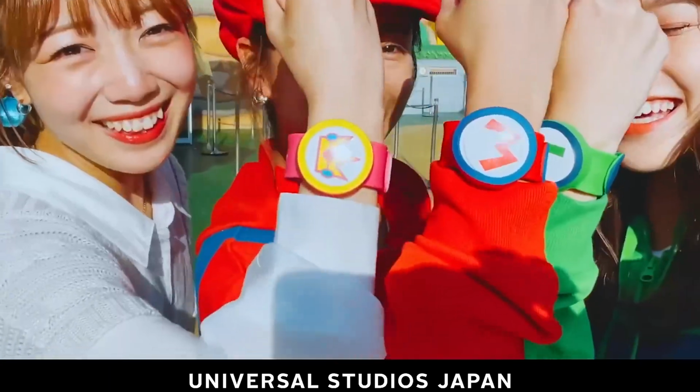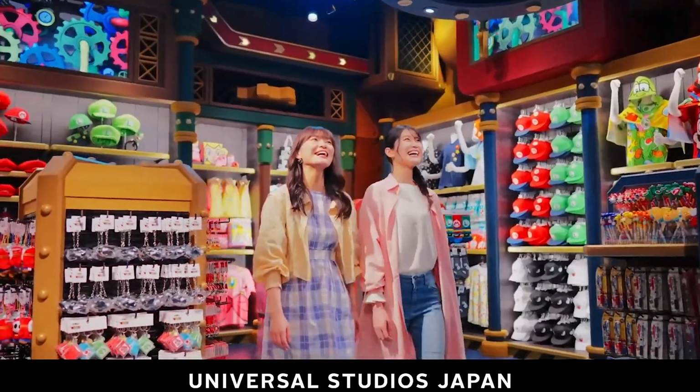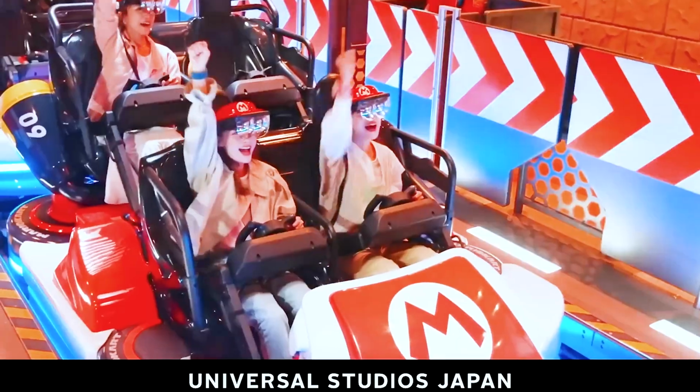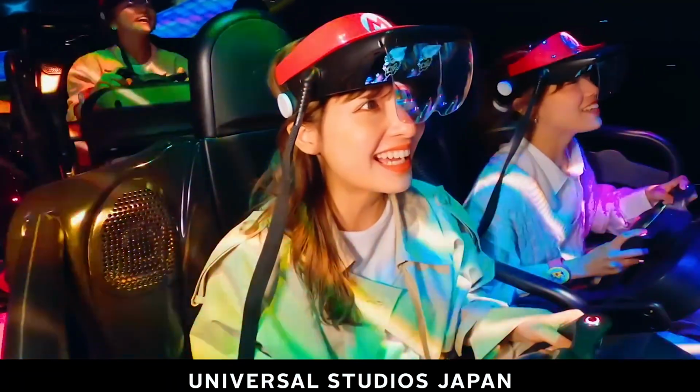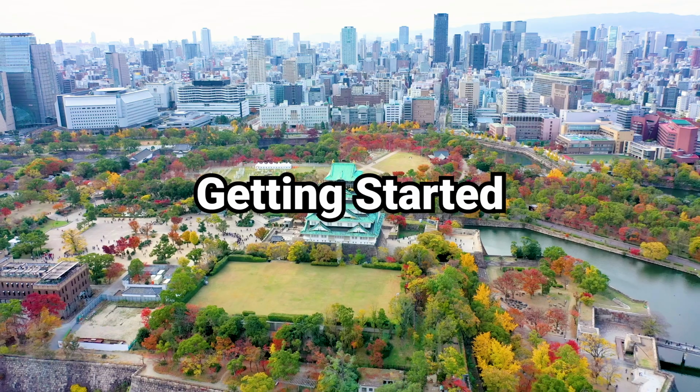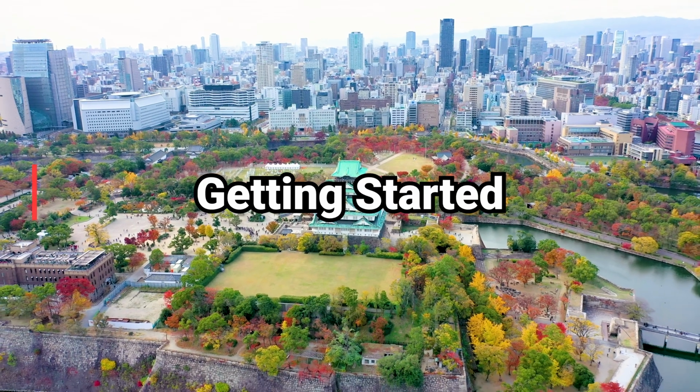Super Nintendo World in Universal Studios Japan is an immersive experience that brings the world of Super Mario to life. Here's all you need to know about this timed entry attraction, including tips and tricks that will give you an edge. To get started, you'll find Universal Studios Japan in the wonderful city of Osaka,